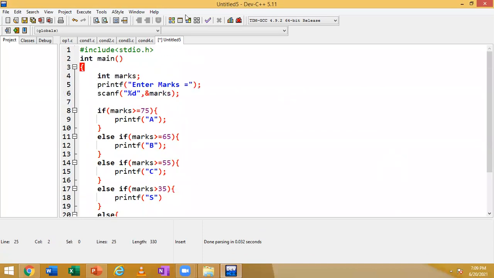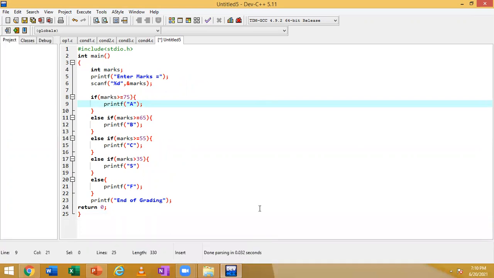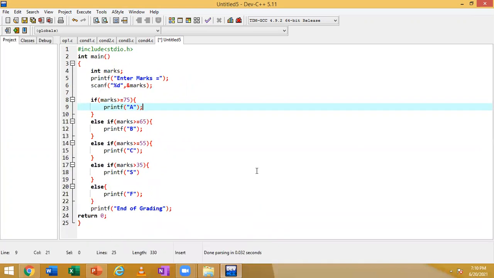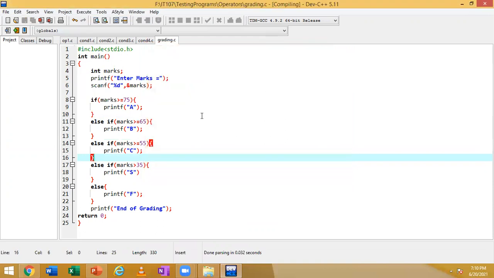Then I compile this. So this is my program. I'll put it full screen like this, and then I compile this. This is grading, so I put grading.c. Compile this, and then